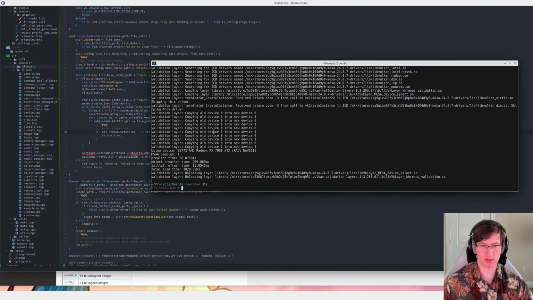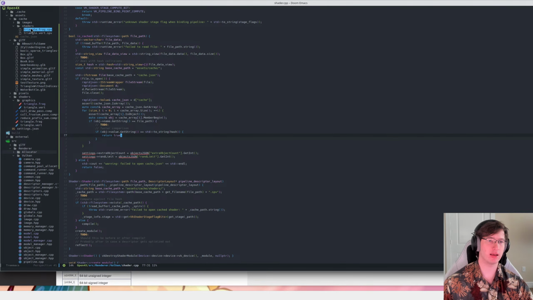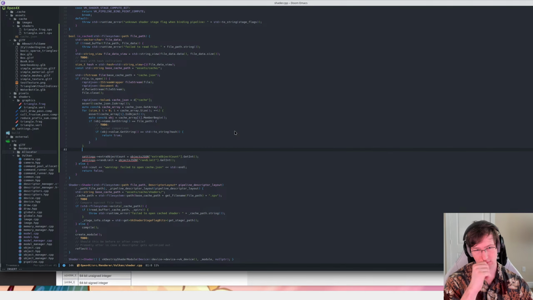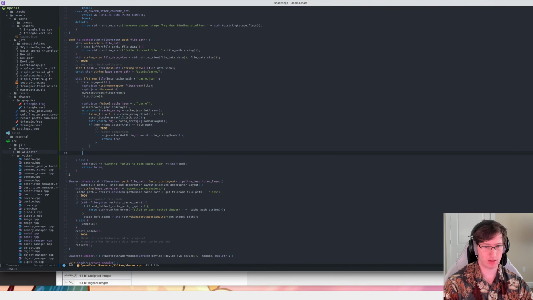Yep. But for the moment, yeah, return true. So that means that the file that's sitting in this path in the cache is correct. If I haven't returned from here, then that means I didn't find a valid hash, and so then I should just return false. Okay, and then if I return false from is cached, then that means I need to write the